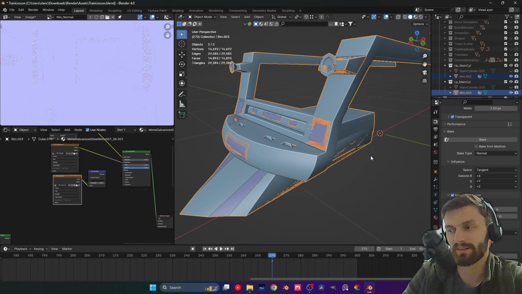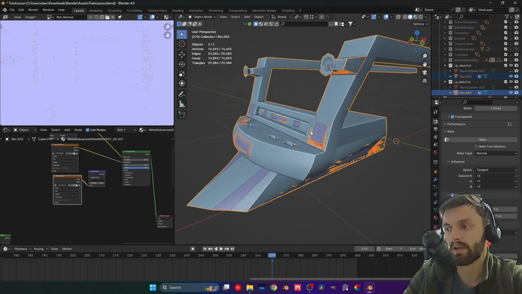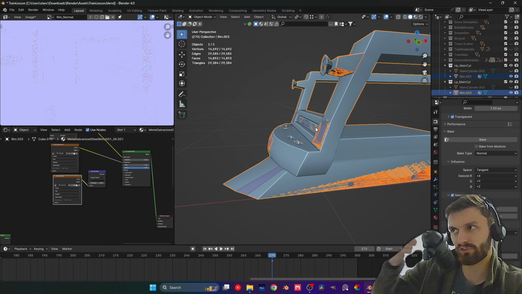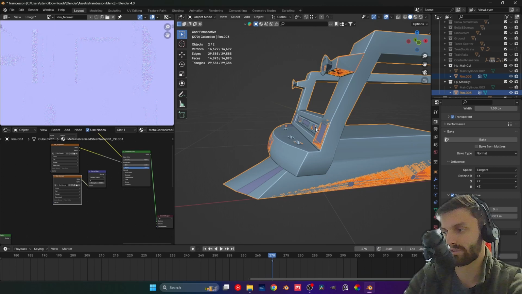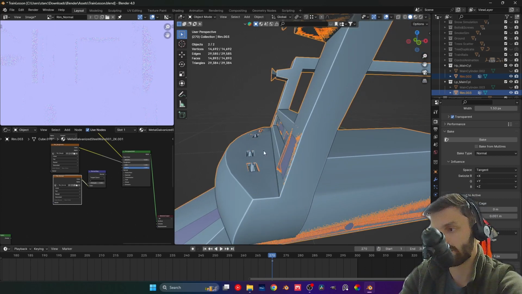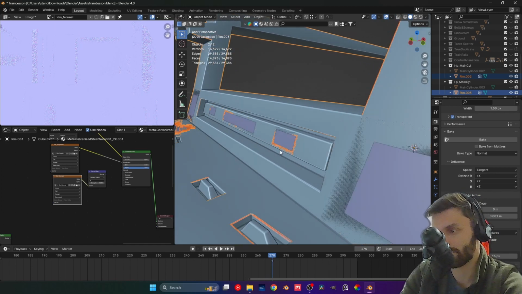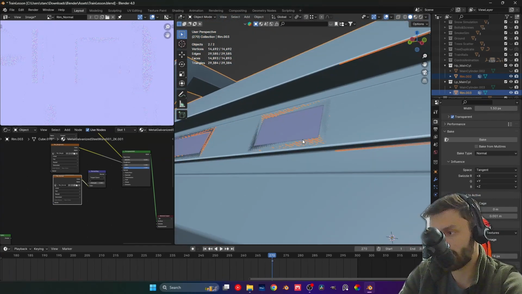The maximum ray distance basically will tell Blender how much of the ray distance you should take, which is actually kind of hard to explain, to be totally honest with you. But I'm trying to explain it as well as I can. And basically,